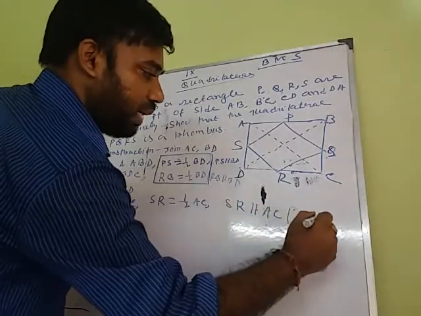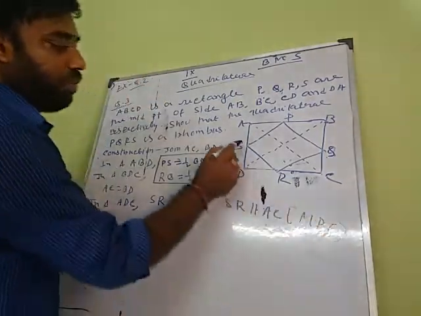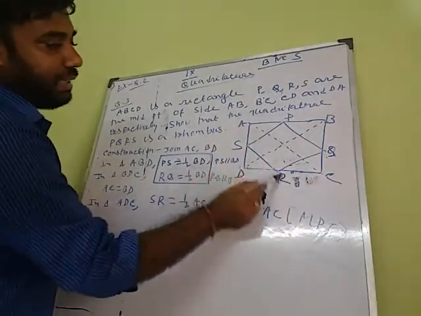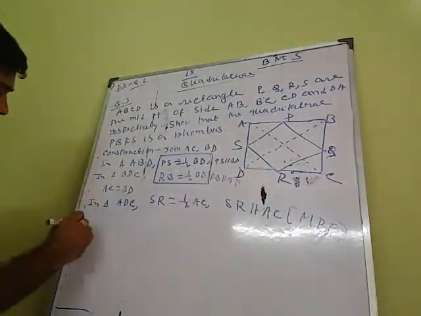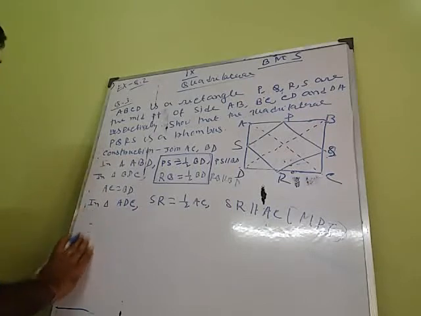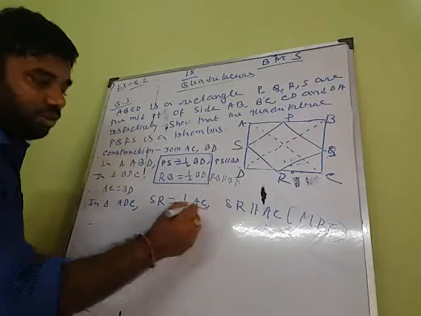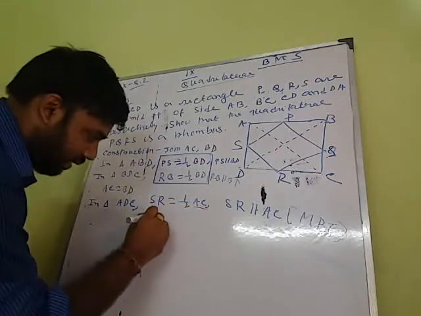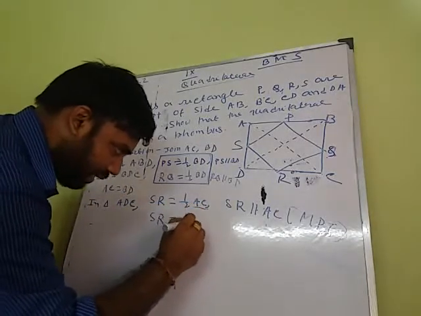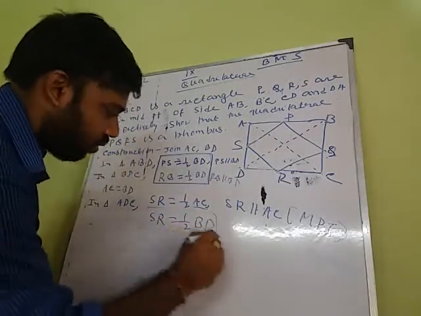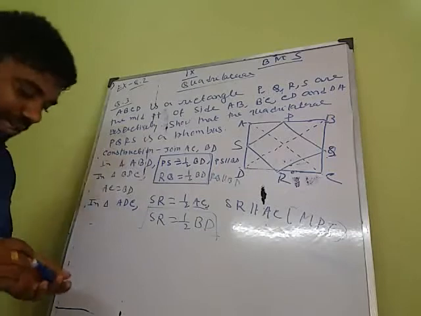Because by the midpoint theorem, MPT means midpoint theorem, S and R are the midpoints in triangle ACD, so SR parallel to AC. And one thing, students, in place of AC you can write BD, because you know that AC and BD are equal, so SR equal to half of BD. Just giving a box to this equation also, SR equal to 1/2 AC.